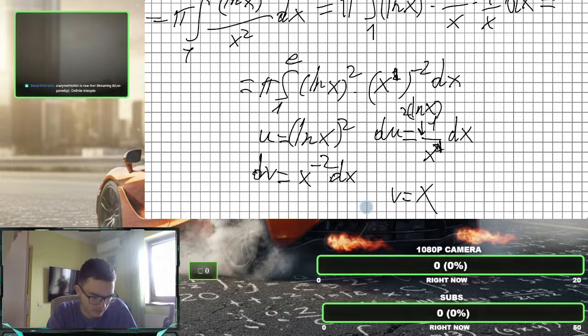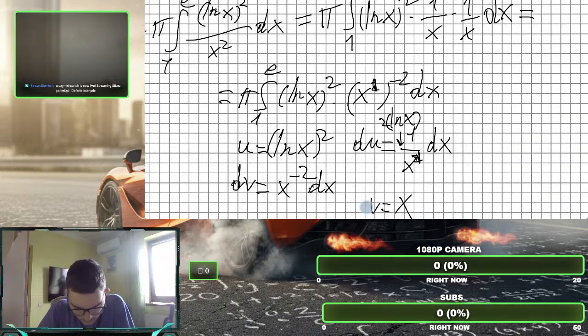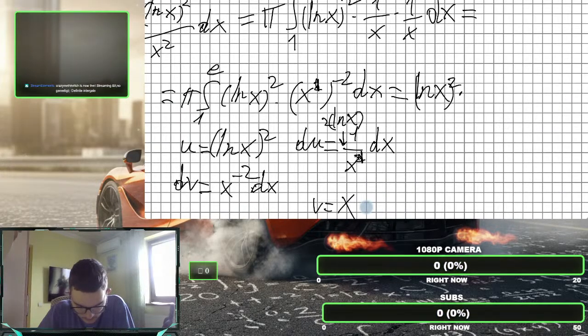Should be around here. Okay, so trying to find the formula. U, V, yeah, there it is, applying the formula. And it will be from here, first U, which is ln x to the second power times V, which is just x minus